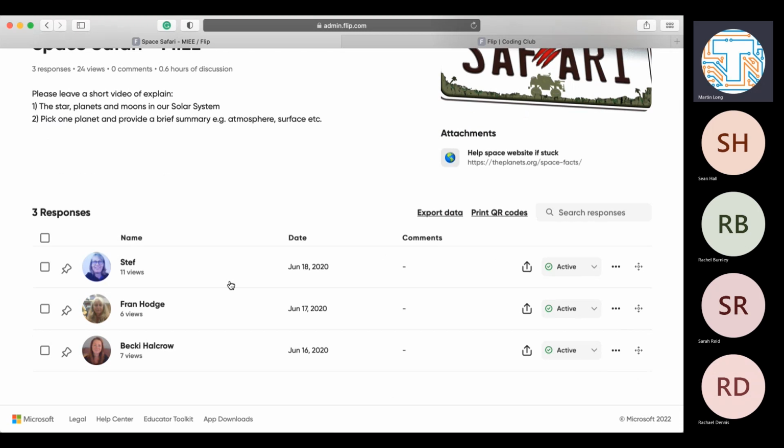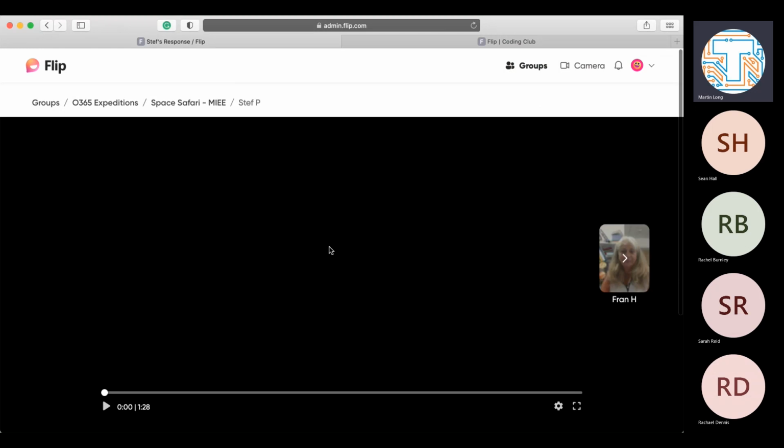And you can decide whether it's only you as a teacher that sees these, or the pupils and the students, or the audience you're working with, if it's parents or the staff, so they can see each other. And you can pin if you want. So there's a response that's really useful, or you may leave an example response to model how you want that done for them. But if it was Steph, for example, who I've got her permission to use this,